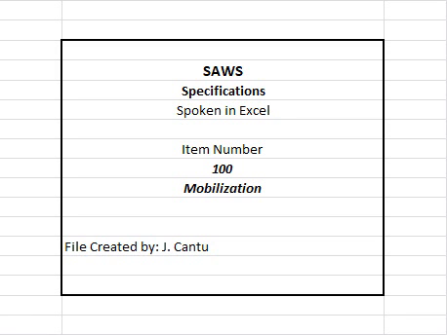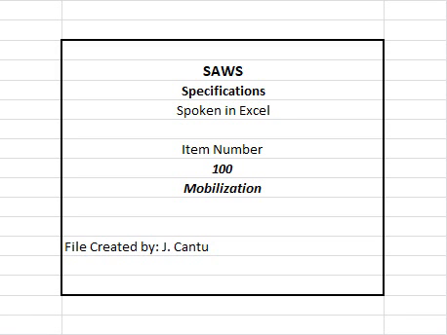Partial payments of the lump sum bid for mobilization will be as follows. The adjusted contract amount for construction items, as used below, is defined as the total contract amount, less the lump sum bid for mobilization and preparing right-of-way. 1. When 1% of the adjusted contract amount for construction items is earned, 50% of the lump sum bid or 5% of the total contract amount, whichever is less, will be paid.